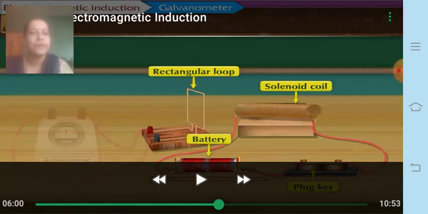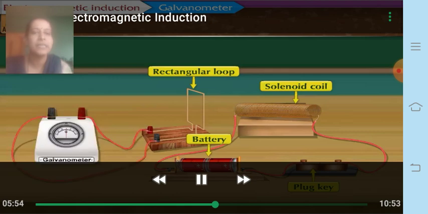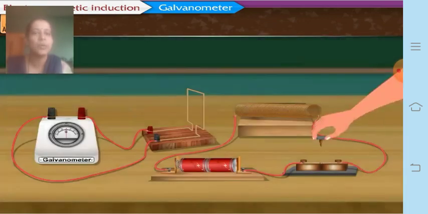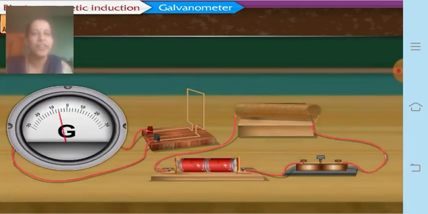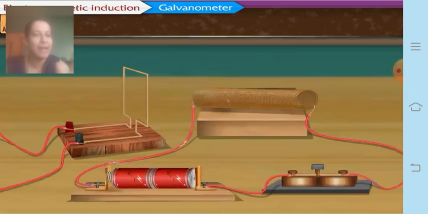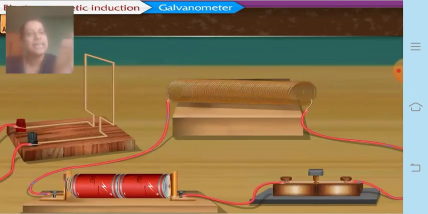You can see over here the current is induced in the other coil, which is shown by the galvanometer. There is a quick deflection of the galvanometer in one direction, coming back to the zero. Now why does this happen? It's because the magnetic field in the solenoid coil is inducing